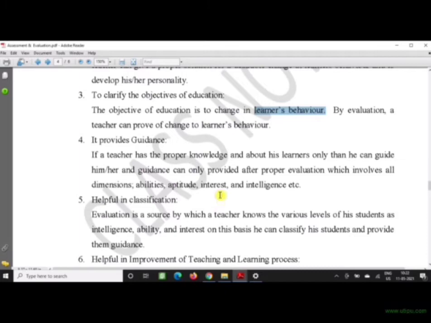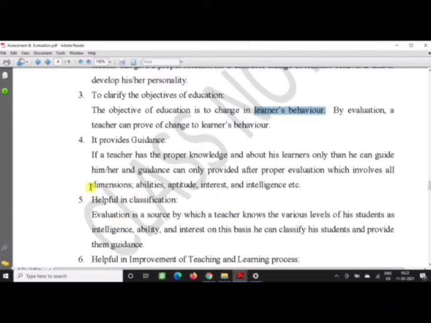Number 4, it provides guidance, of course, because when you see a child with a problem, when you understand where the problem lies, as a teacher, you can give guidance to your students. And the teacher cannot just give guidance on the basis of whatever you see above the ground. Sometimes some students really need your positive attention.